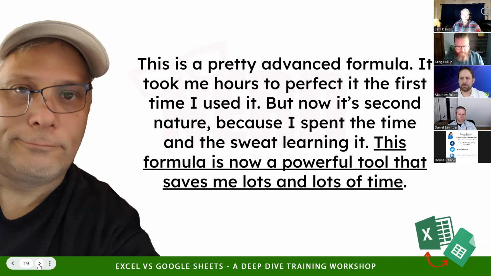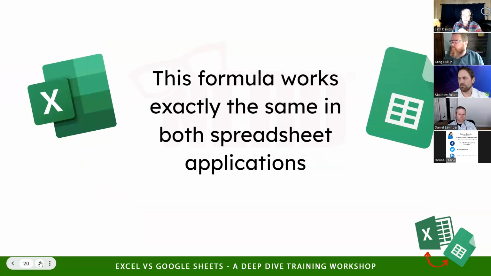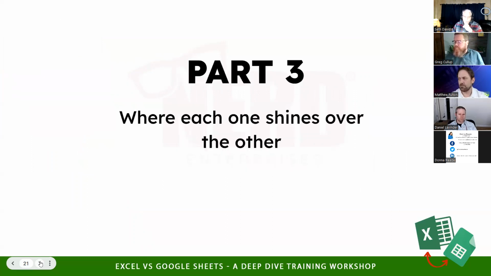If it's been a while, I may have to reference some other client's forecast and just quickly review how I laid out the formula and how I did everything. And probably in 5 minutes, I'll be like, oh yeah, okay, now I remember, now I get it, right? And like I said, this formula is not an exception to the rule. It works exactly the same way in both spreadsheet applications, both Google and Excel, okay?